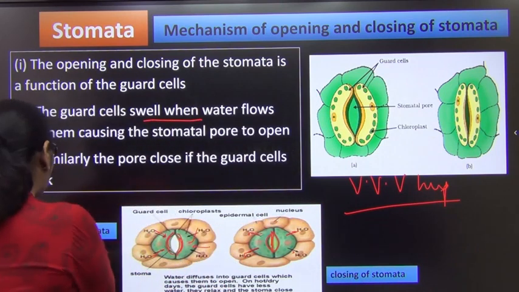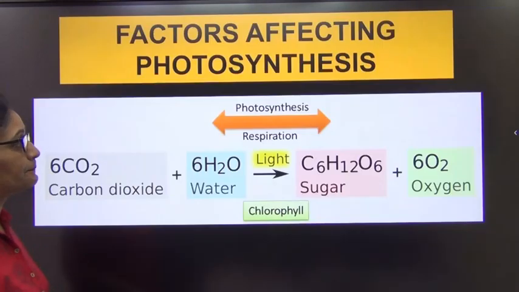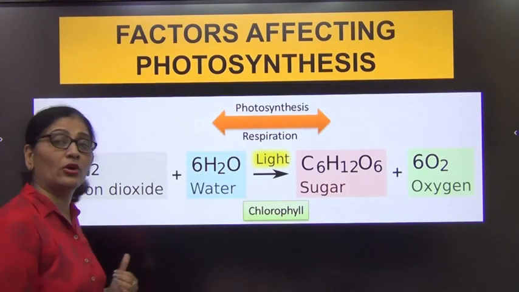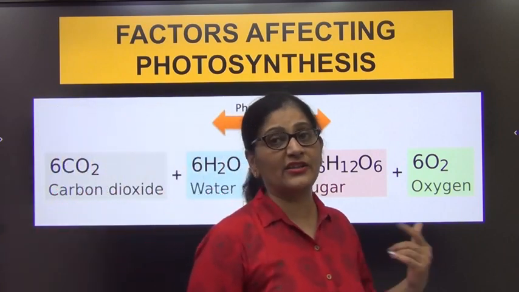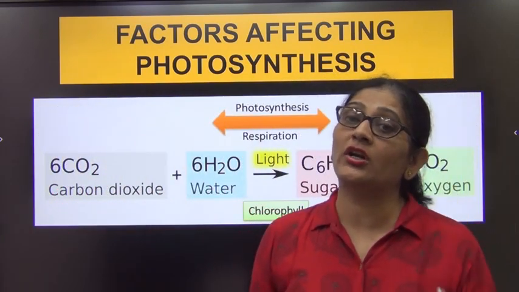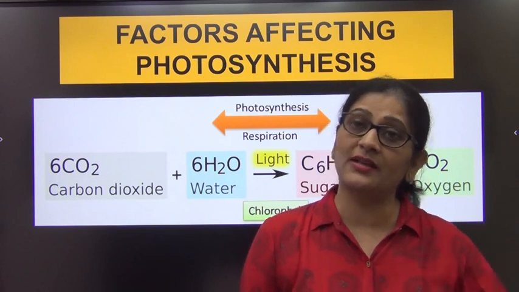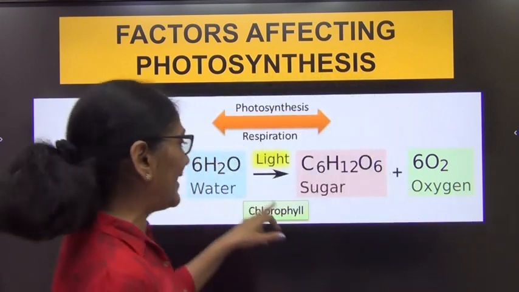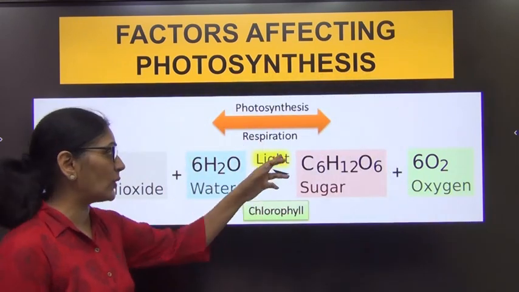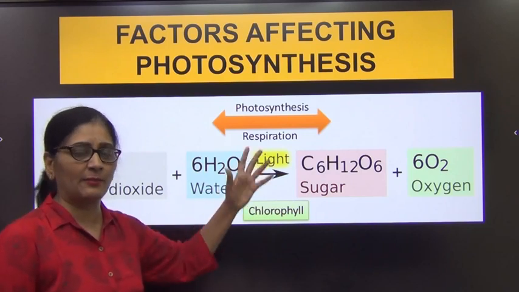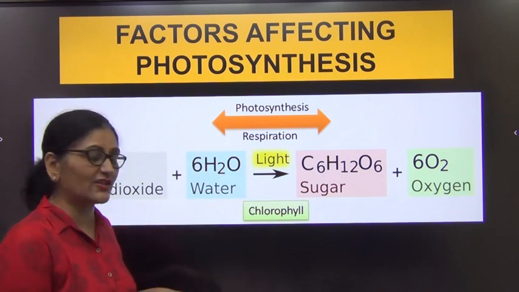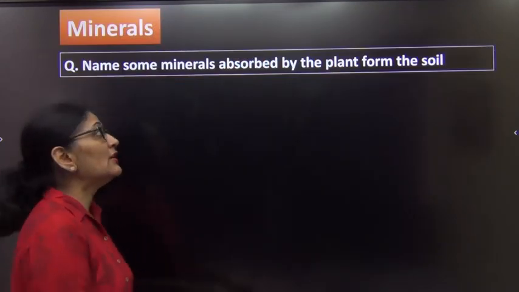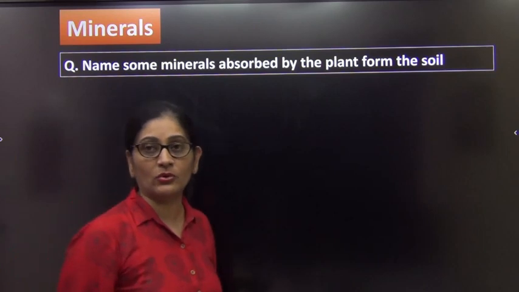Now the last thing is, we'll come back to this equation. We were studying raw materials for photosynthesis. We have already done CO2. We came to know that CO2 is taken from air through structures called stomata. We studied the structure of stomata, the stomatal apparatus, and also how the stomata open and close. Now the next thing we need is water. I told you we'll take it from soil, then light and chlorophyll. Light we have in abundance, chlorophyll the plant has its own. So the only extra thing we will study here is minerals. Plants also require minerals for photosynthesis.